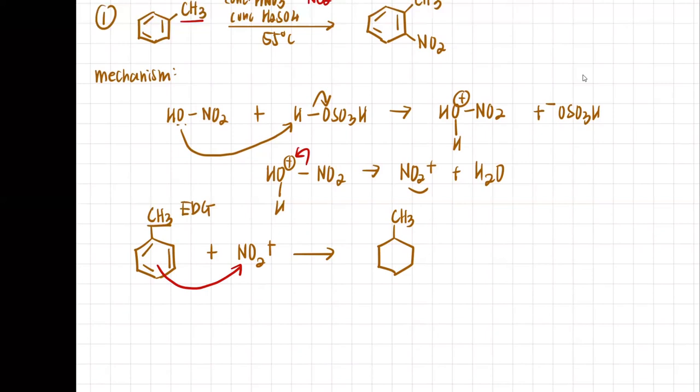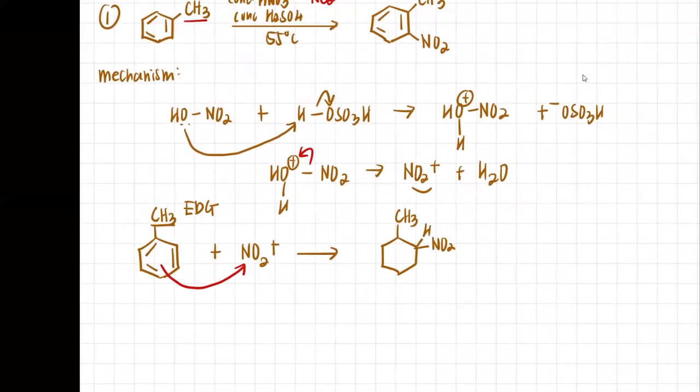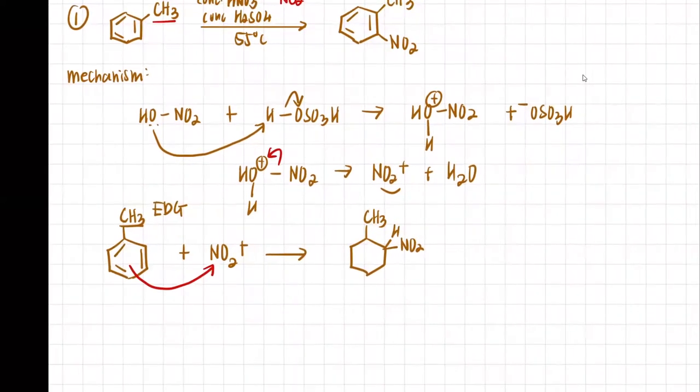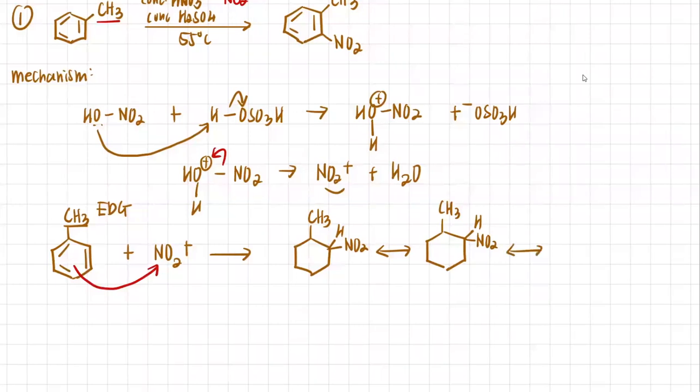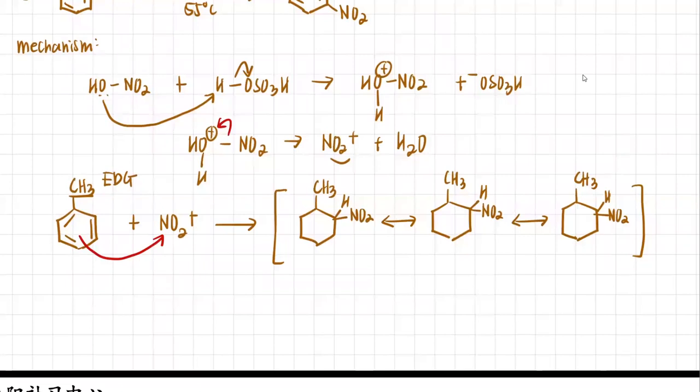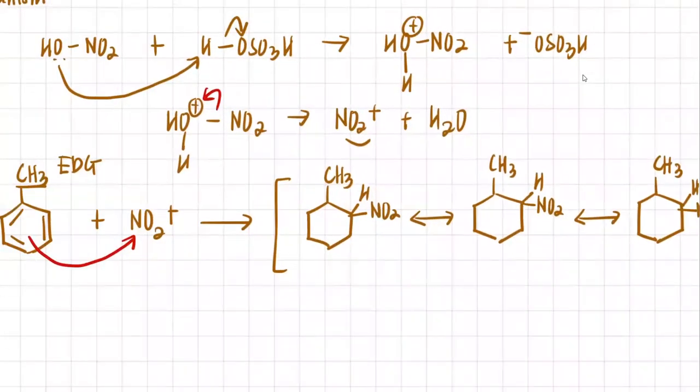In this case, teacher already chose to go ortho. So your NO2 will directly attach on ortho, something like this. It's attached at ortho. Then we just do as usual. Now to plot the positive sign, same as usual. The substituent that just came in is this one, so we have to place the positive sign